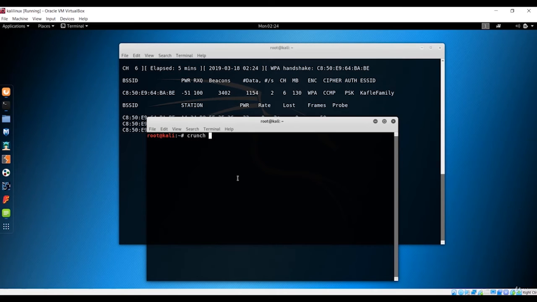I'll say crunch, and after that you have to give the minimum number of characters. I'll say I want from 4 to 6 characters, because it is usually a standard case. You will have passwords with 6, or maybe 6 to 10. That can be the standard, but I'll make a simple word list, because if you use that, it can be the size of 1 GB. I don't want that because we are just using this as a sample case.